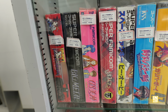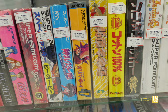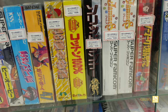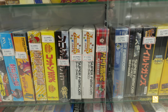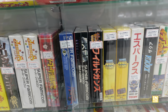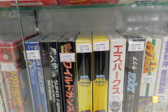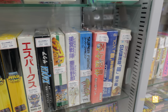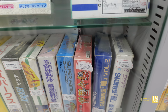We have Bio Metal for 49,600 yen. That game is awesome. Expensive, but it's cool, man. And then we have Cotton 100%, 29,800 yen. Next to Oda Nobunaga, I believe, for 35,800 yen. And the same price for Hagane: The Final Conflict, next to Wild Guns. 52,800, 25,800 for Marvel Super Heroes. And Kiki Kai Kai, the Black Mantle,